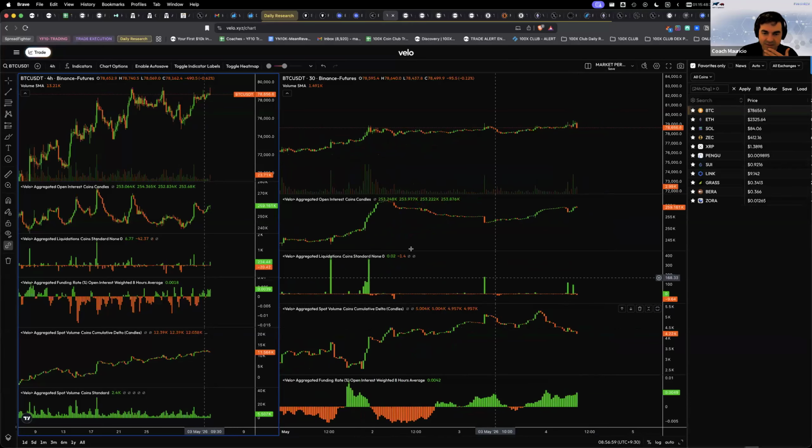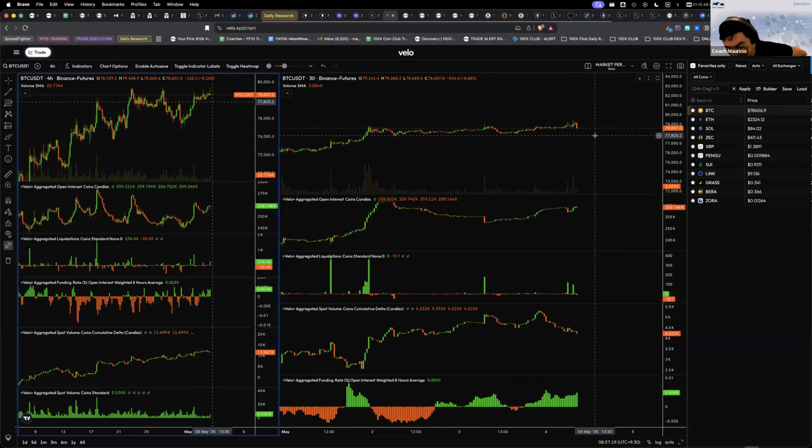But I'm starting to see a lot of demand to get shorts squeezed out, right? You can actually see liquidations to the upside right there, right there, right there, right there. Now, this could be, not definitely, sorry about that word,